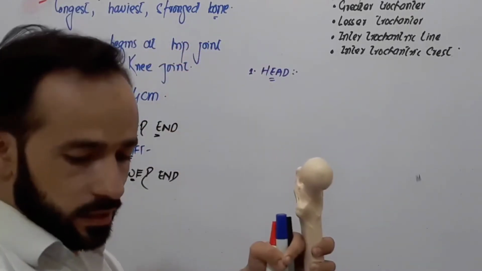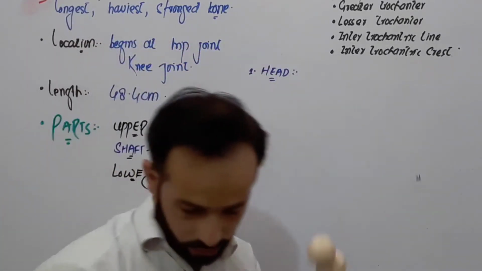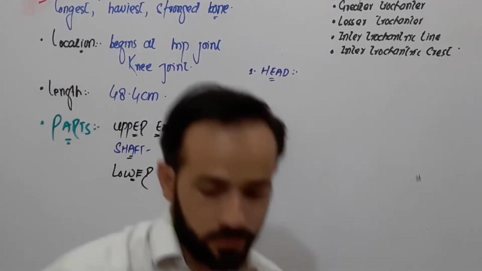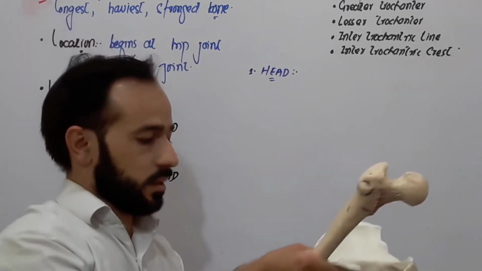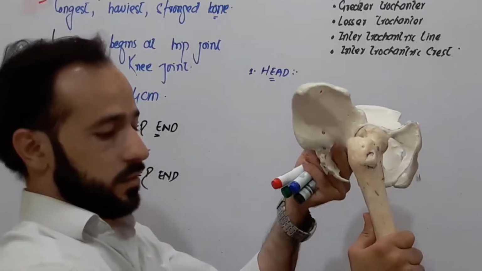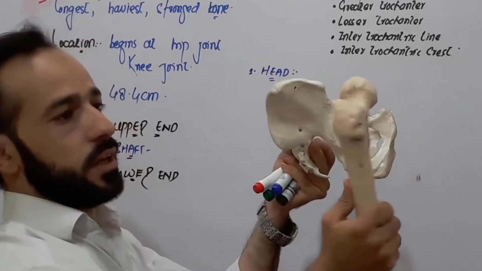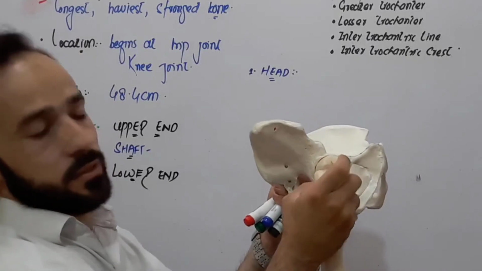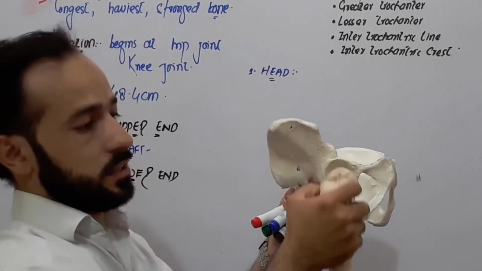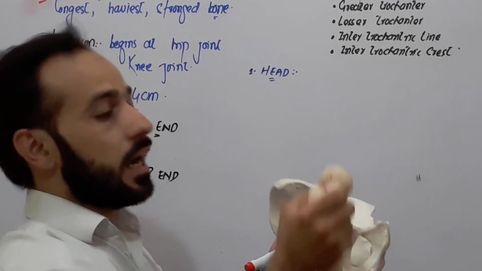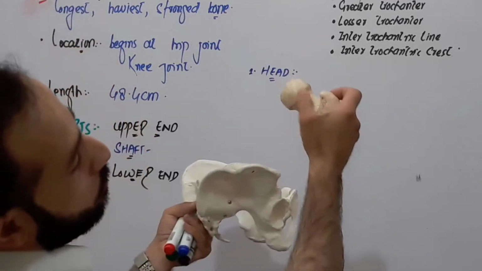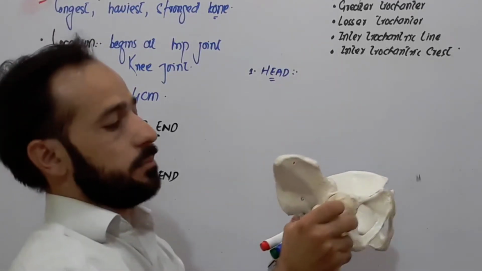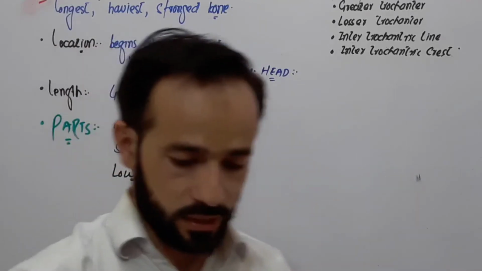You can see here. If I show you with the other femur bone, I have also the right and the left, both I have, right? Look here, this is the right femur. So the head of the femur, right, is present. It should be located medially, upward. You can see it is upward a little and a little bit forward. It should be located like that.